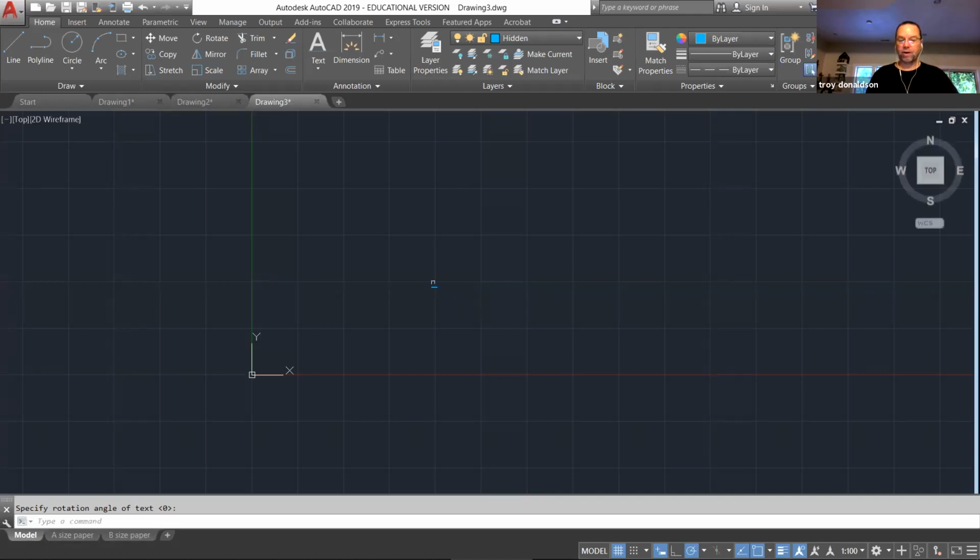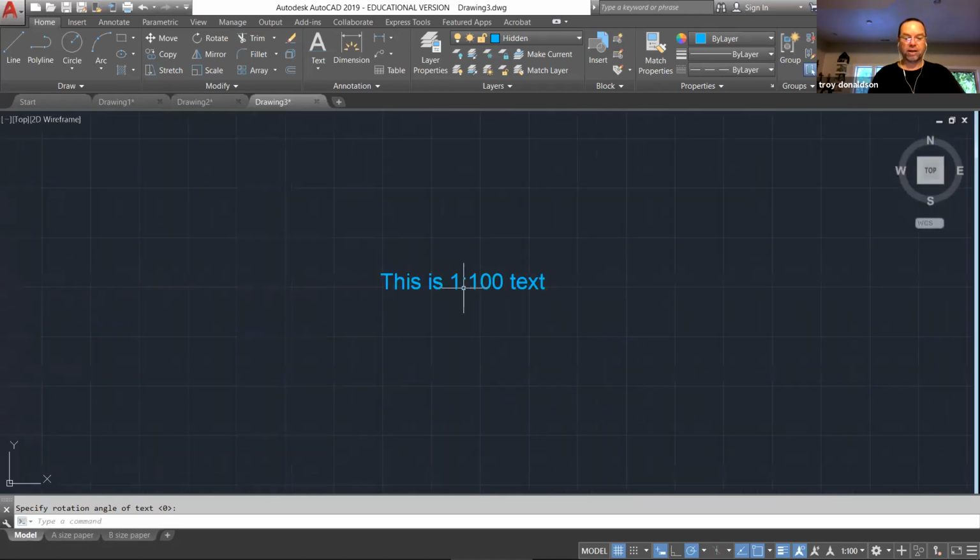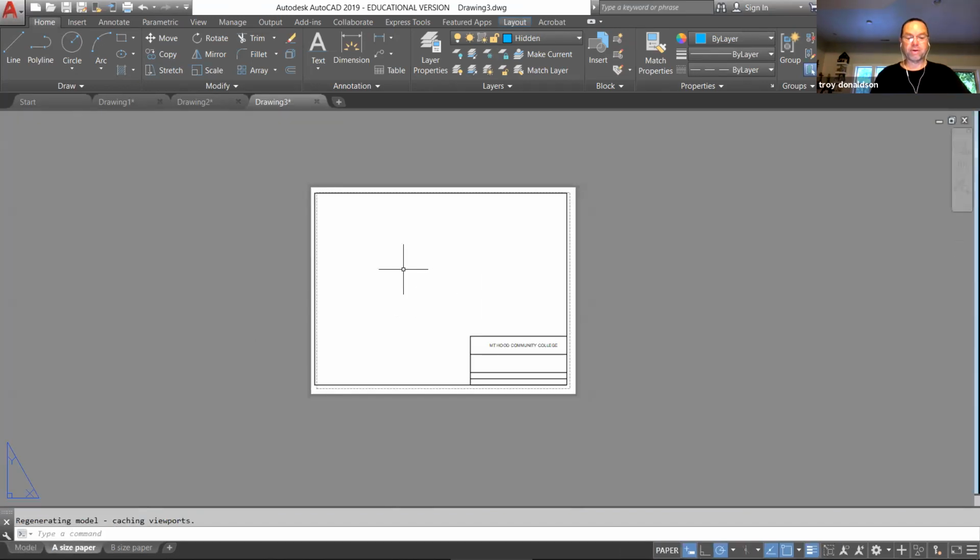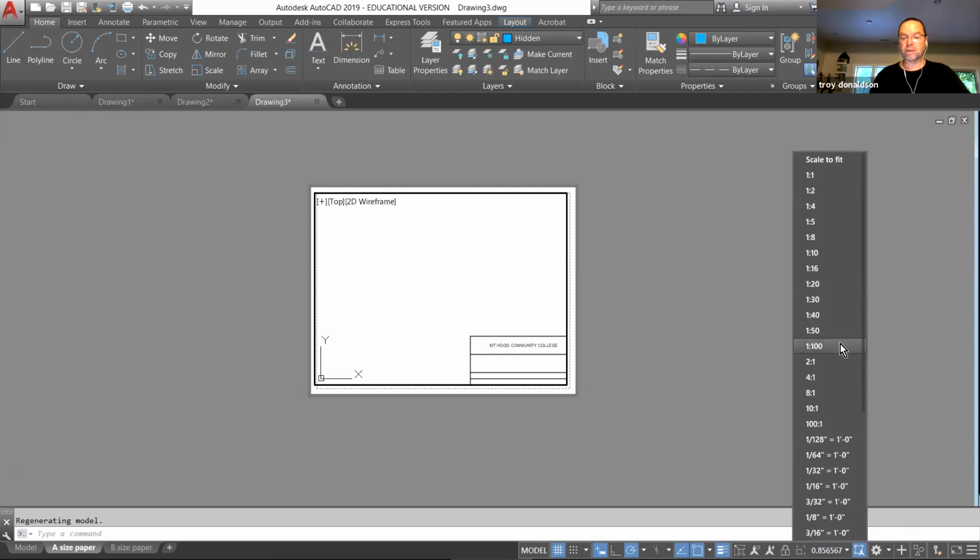Okay, so there it is, 1 to 100 text goes in, it looks like that. And then if I come to the A size paper, and I do a zoom all, and I set the scale to 1 to 100,